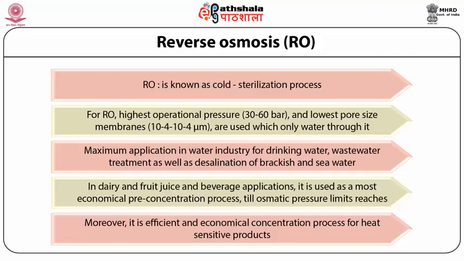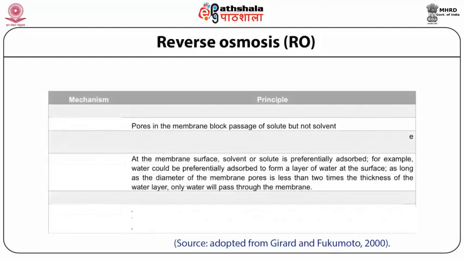It means now water will flow from the higher concentration solution to the lower concentration solution, which will result in increasing the concentration of the previously concentrated solution and further dilution of the less concentrated solution. It means the concentrated solution will become more concentrated and the dilute solution will become more diluted. This phenomenon is called reverse osmosis, and it is the basis for the RO process, for which osmotic pressure is the main limiting factor.